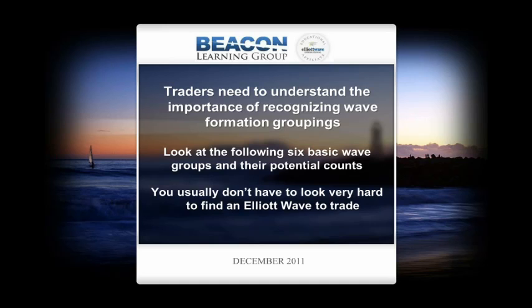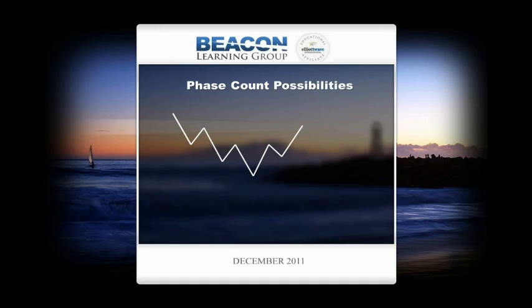We have to be able to recognize when an impulse wave is going to develop, and we can do this by looking at previous pattern recognitions. For example, in this particular phase where we have a 5-count wave, which would be a motive wave, and a 3-count wave, which would be a corrective wave, we can apply possible counts to this. And if we apply the possible counts, we can see that in this particular instance, we have possibly 3 or 5 different counts to this.